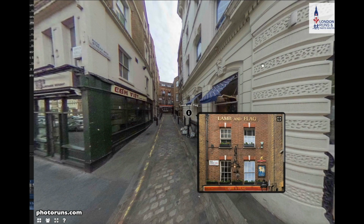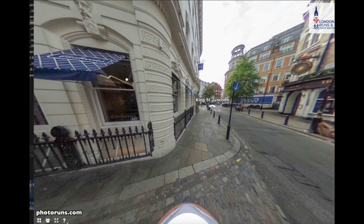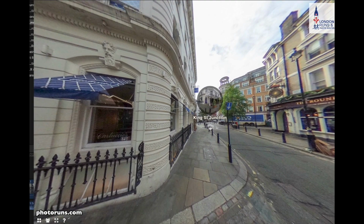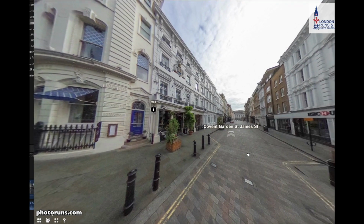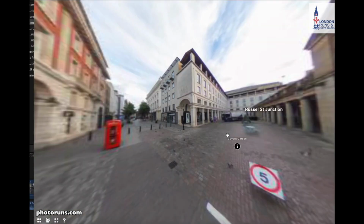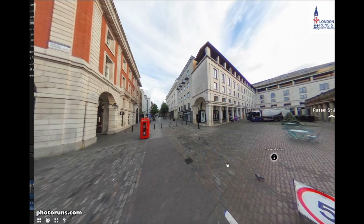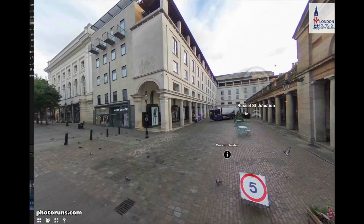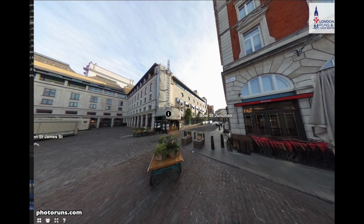So we're going to just continue down through Covent Garden, down King Street, not stopping too much along here, and then we'll just go past the entrance, which we're going to come back down to shortly, past the Apple store, just go to the end, and we're just going to continue this until we go through to Russell Street, until we get to Bow Street Junction,